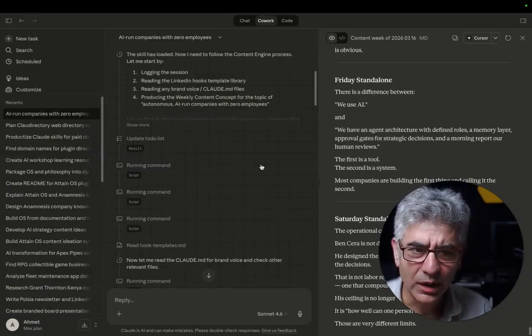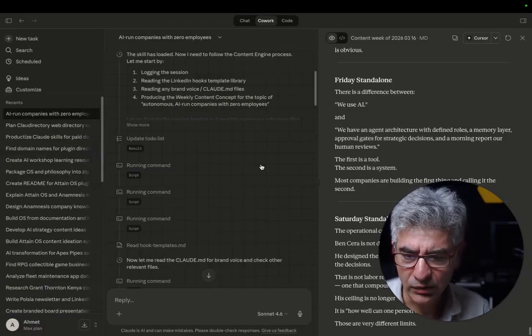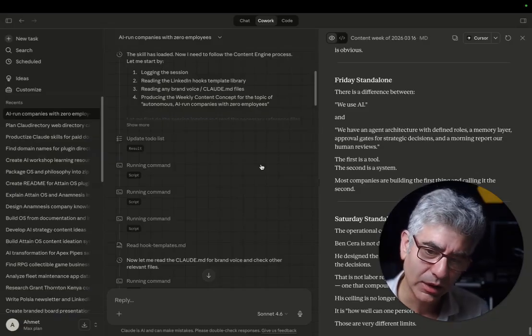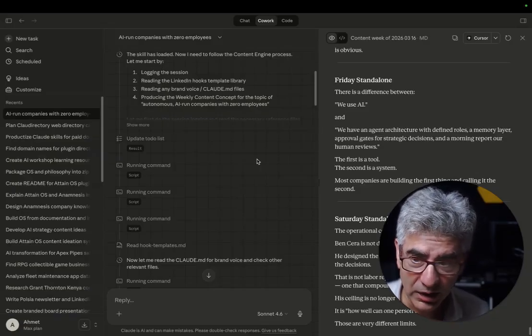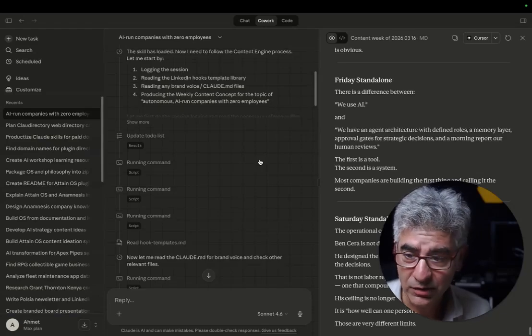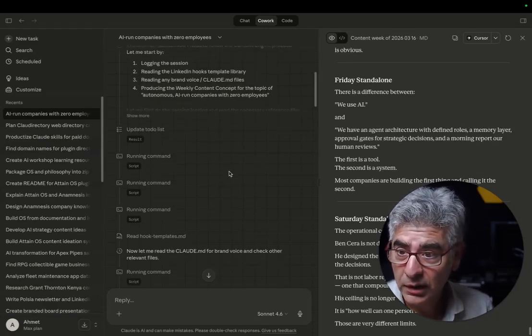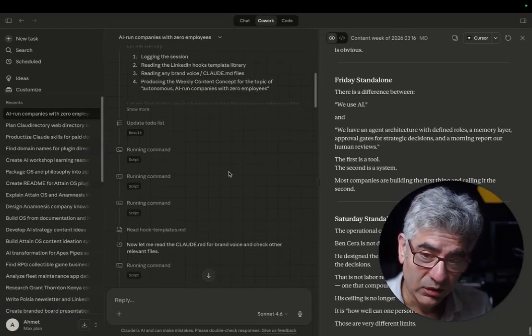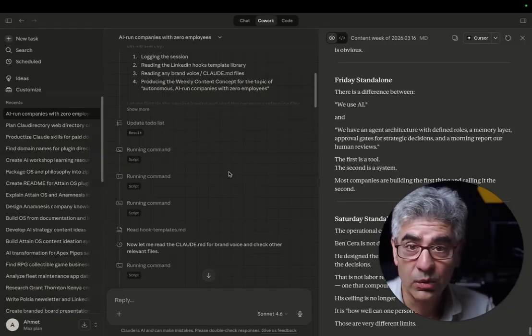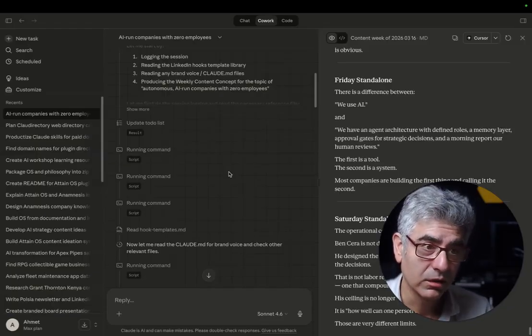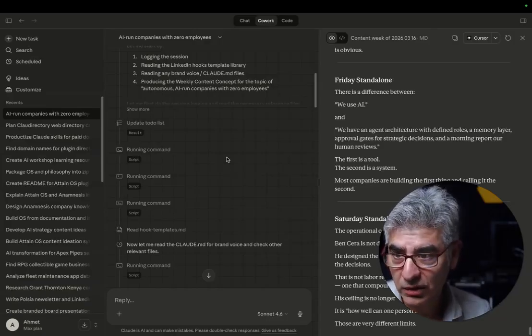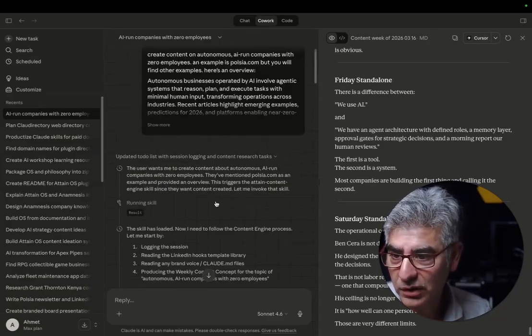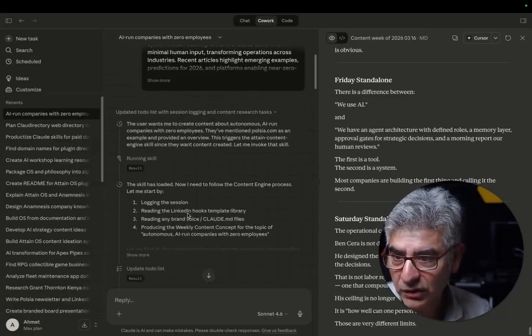summaries. And you'll see that when you work with Claude Cowork or Claude Code in one conversation for a long time, it'll start compressing it. So you lose a lot of the context and it starts hallucinating stuff just because of how LLMs work. So if you want to prevent that, you need some other way of storing what happened in the session, the improvements that you made along the way. So this is basically what it does initially when it says logging in the session right here.